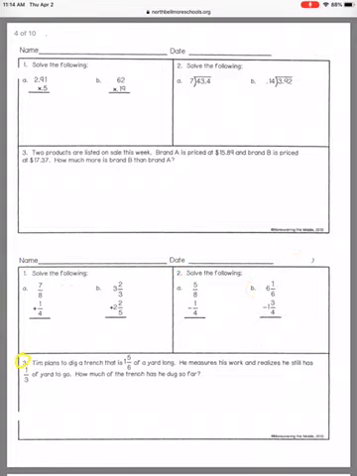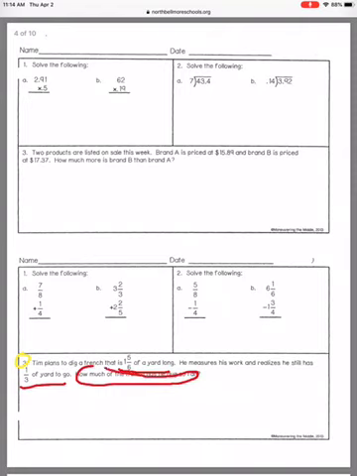Finally, number 3. Tim plans to dig a trench that is 1 5/6 of a yard long. He measures his work and realizes he still has 1/3 of a yard to go. How much of the trench has he dug so far? So I know that he plans to dig a trench that is 1 5/6 yards long. I also know that he has 1/3 yard to go, and they're asking how much of the trench has he